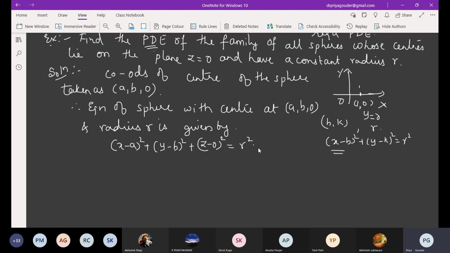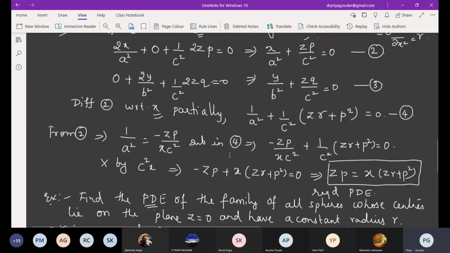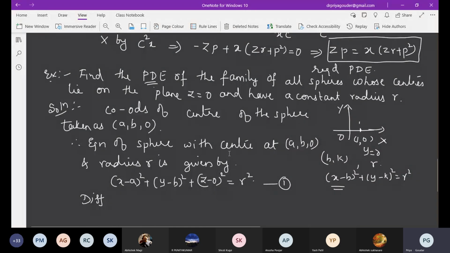Are you getting it? From this equation, what is to be done next? We need to differentiate and get the PDE. Will you take it as a homework sum? Else we'll complete it. The difference between this example and the previous ones is that in all the previous ones they gave the equation directly. Here we first form the equation and then form the PDE. Let us differentiate with respect to x and y partially.